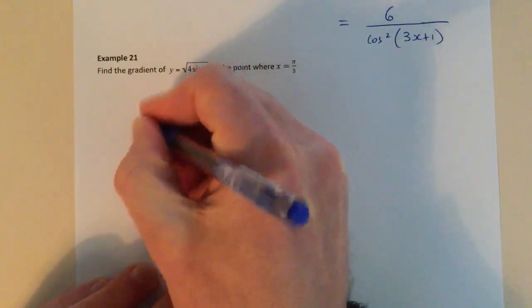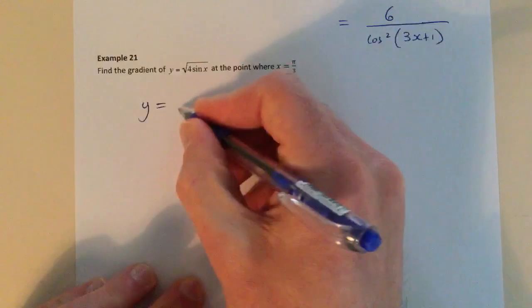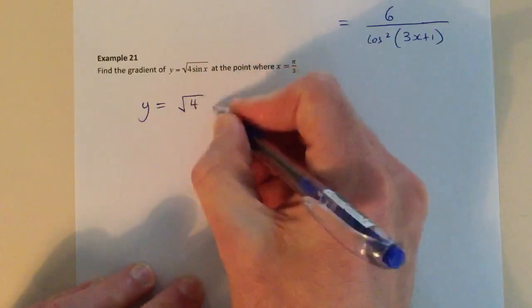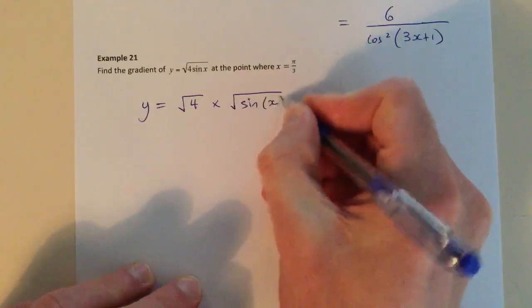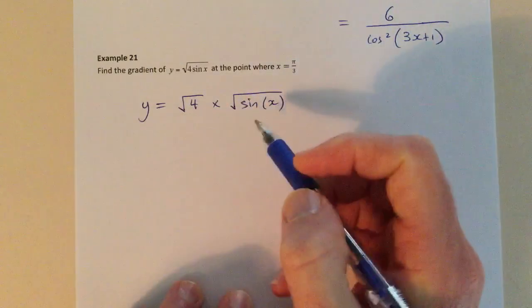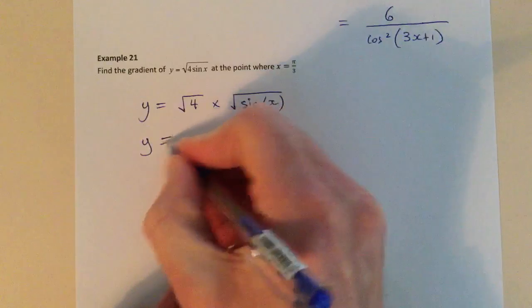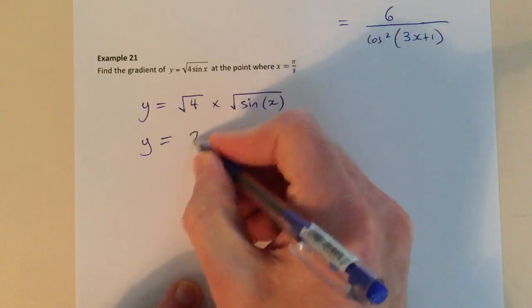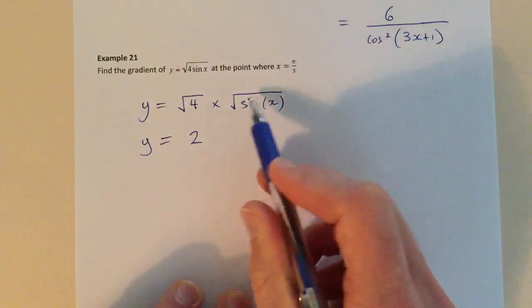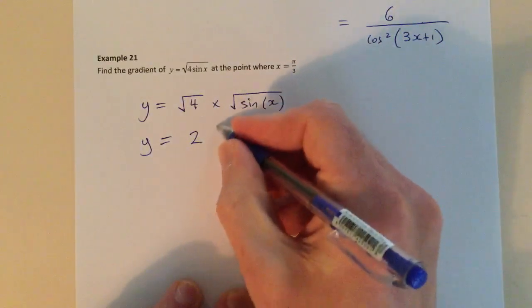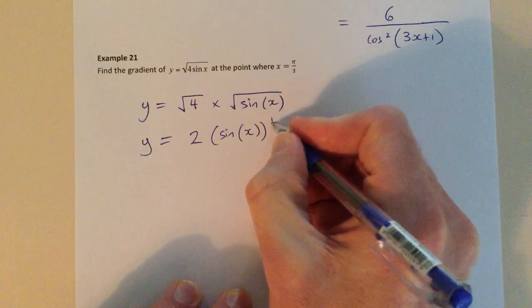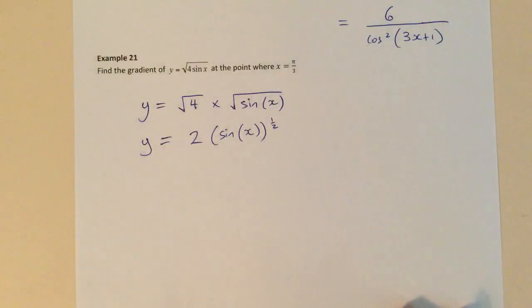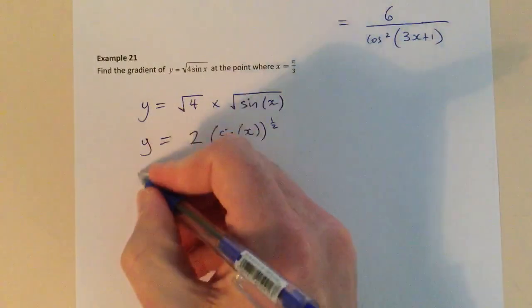Probably before we differentiate, there's a couple of things we can do here. We can split this original statement into the square root of 4 times the square root of sine x. It's useful to do that because obviously the square root of 4 is 2. And then we can also think of this as being sine x to the power of a half. And so when we go to differentiate this,